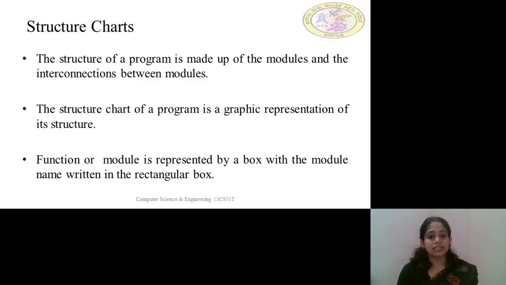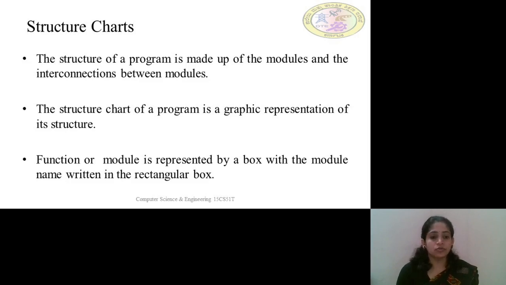A structure chart is nothing but a graphical representation of the structure of a program. As we know, graphical representation is a very useful and effective way of representing the program as well as the functionalities of the modules. Whatever we say in words will be less effective when compared to the graphical representation. Graphical representation makes use of different notations that give more effectiveness to represent the structure. So even a naive user will get more details by making use of this graphical representation.